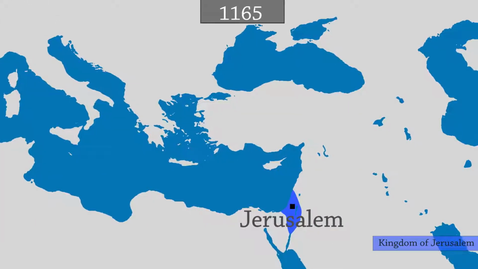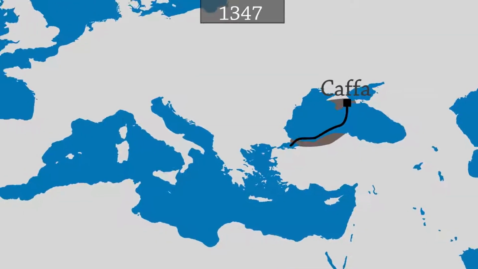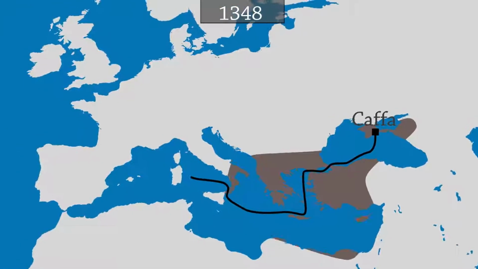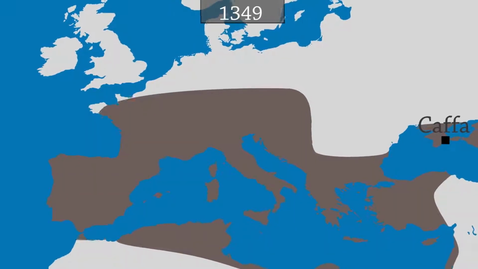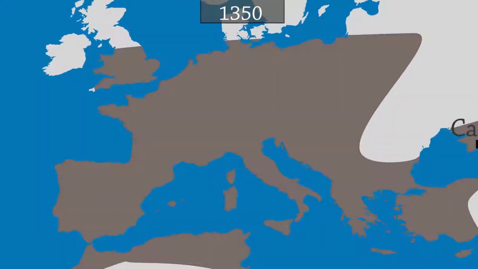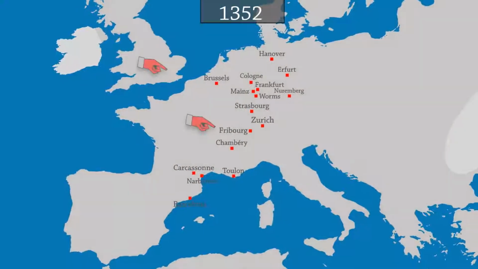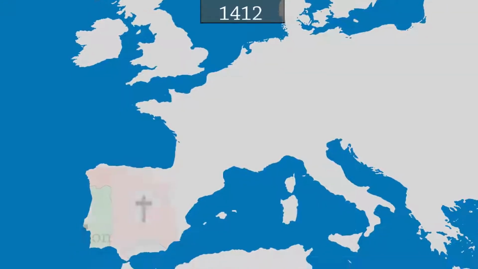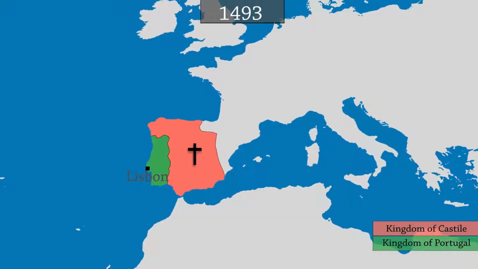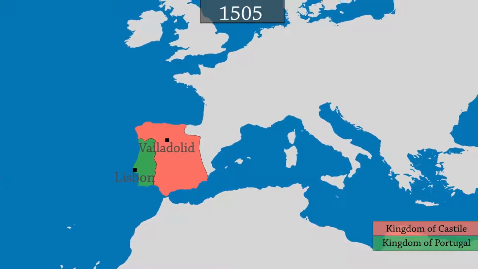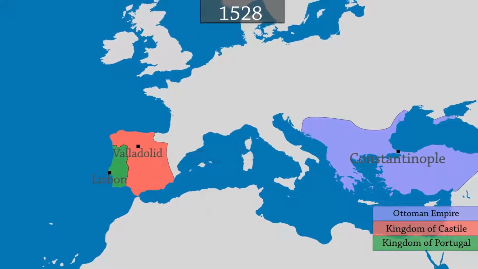In 1347, Genoese merchant boats from Kaffa helped spread the Black Death. In 5 years, the disease wreaks havoc in Europe, killing almost half its population. A rumor spreads accusing Jews of poisoning wells, resulting in their persecution mainly along the Rhine and Rhone region and their eventual expulsion. In Spain, the Reconquista ends. The Catholic kings serve an ultimatum to the Jews to either convert or leave. The majority who choose to leave settle along the Mediterranean coast, mainly in the Ottoman Empire, where they are welcomed.